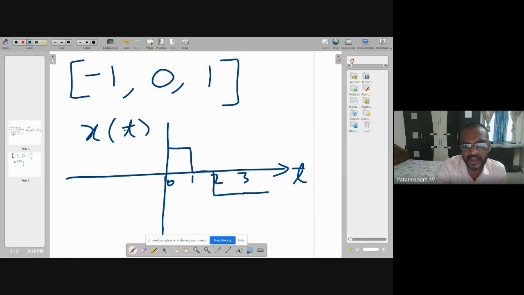And 4 to 5, again 1 volt. See, at any instant of time, the value of x of t will be either -1 or 0 or 1. So its value will be one of this set of values. Then you can say that it is a digital signal.